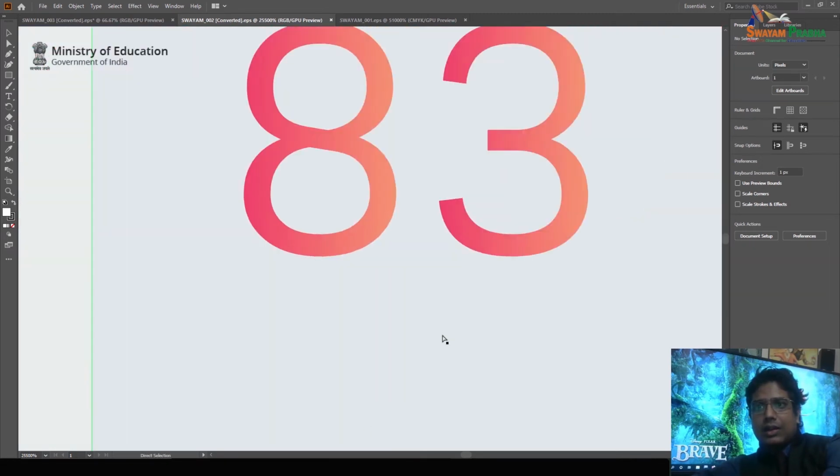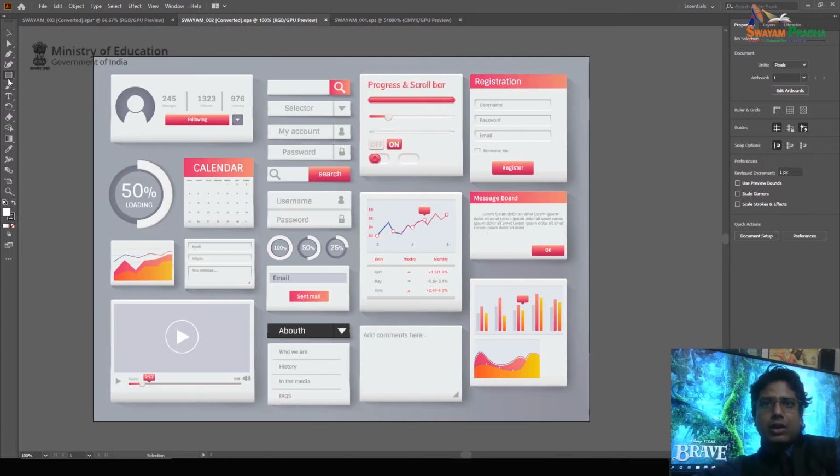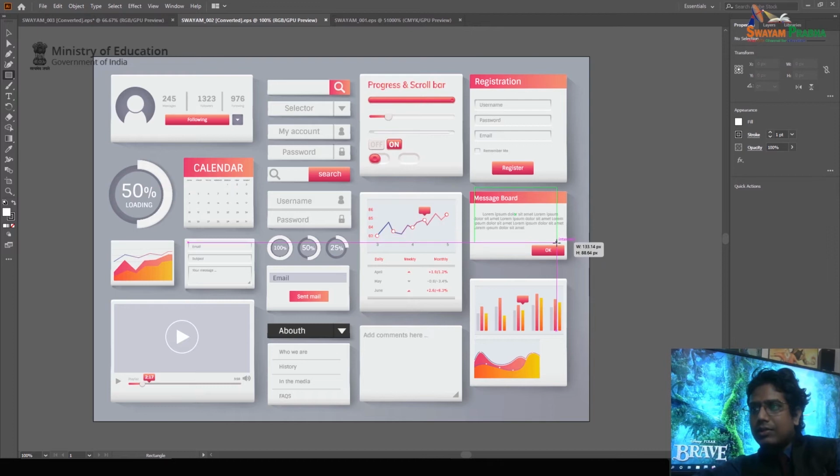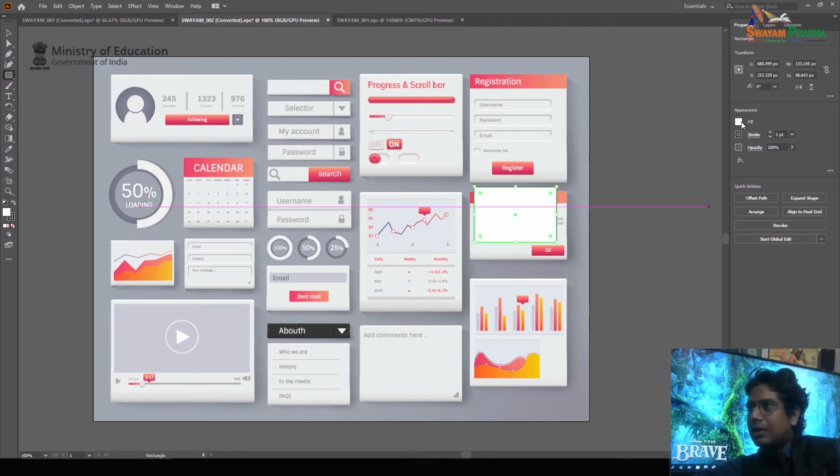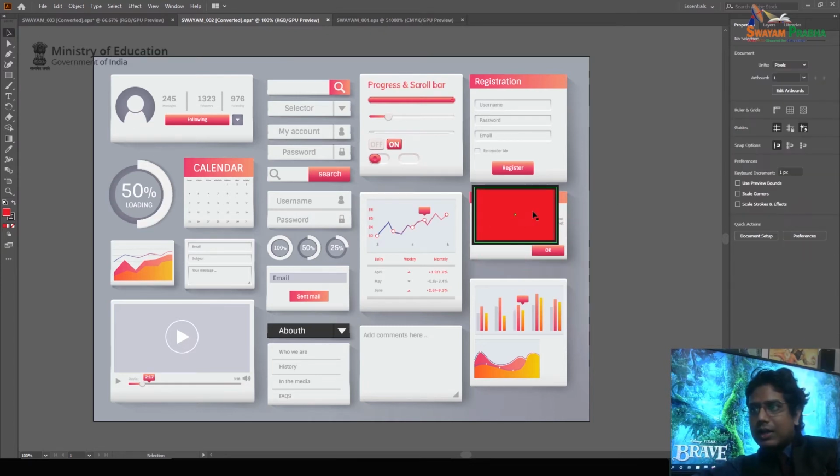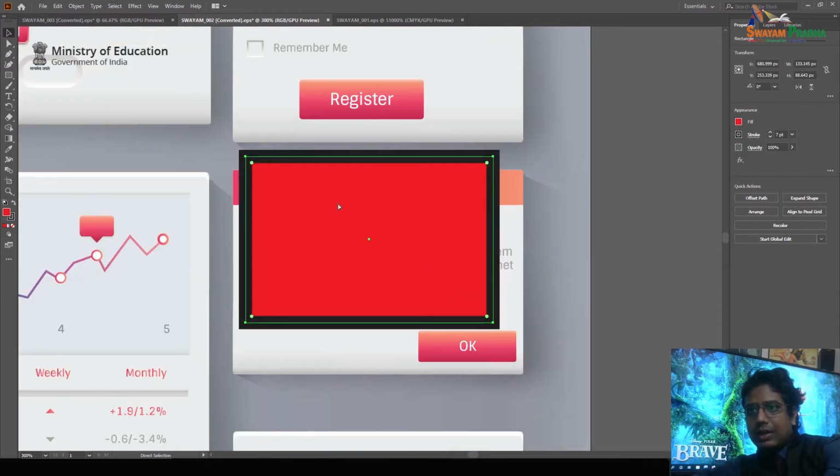Again, for example, here I am going to draw one simple rectangle. Let us draw the rectangle here, and I am putting some color on it to better understand, right? And I have added some strokes too, right? So let us see the same design that I just quickly created. Let us zoom in again.